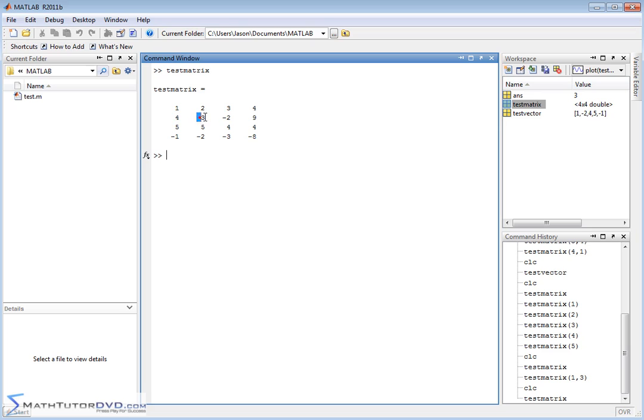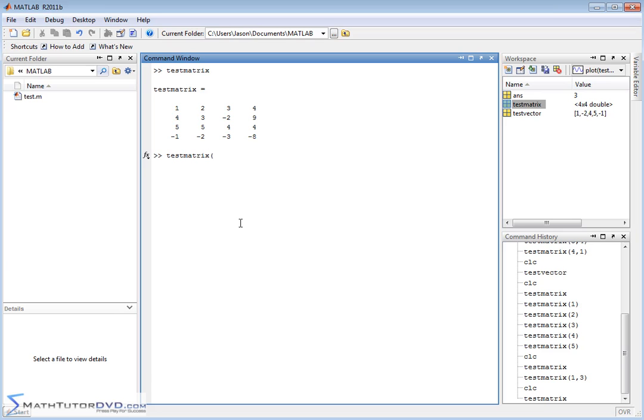Now, obviously, this is simple, so you could just type this stuff into a new matrix, right? But you don't want to do that. What if your matrix is 100 columns by 100 rows, and you want to extract 25 rows and 25 columns? You don't want to type that stuff in. You want to be able to do it automatically, right? So the way you do it,